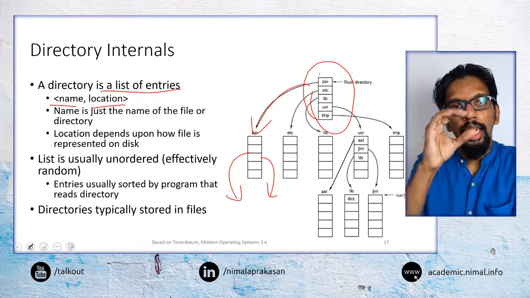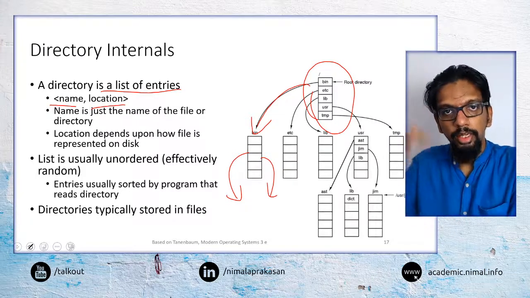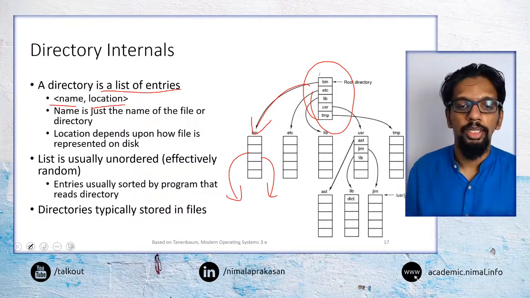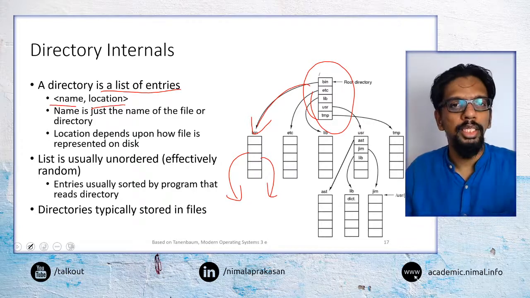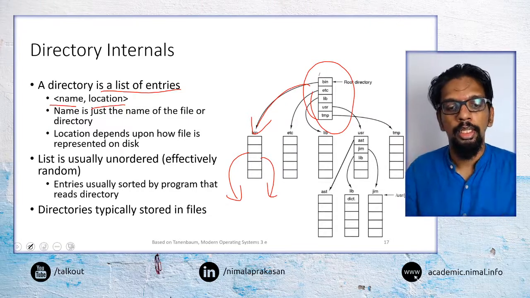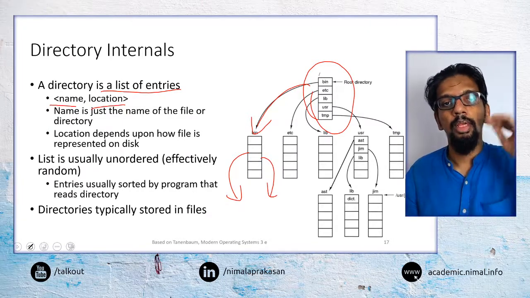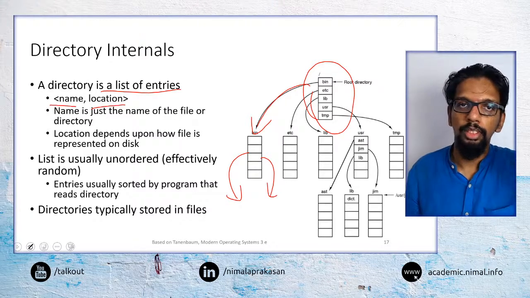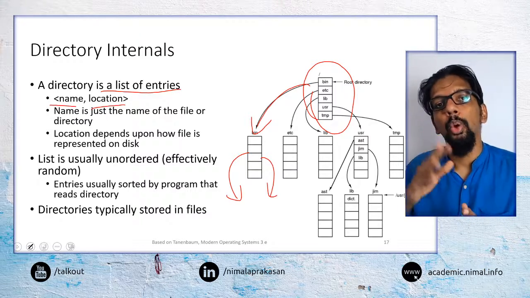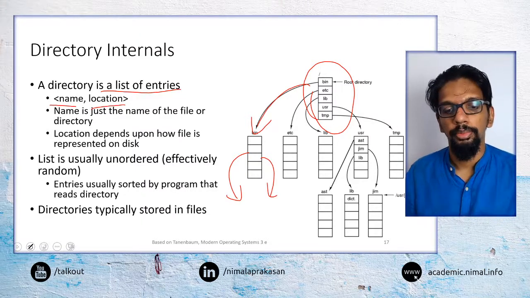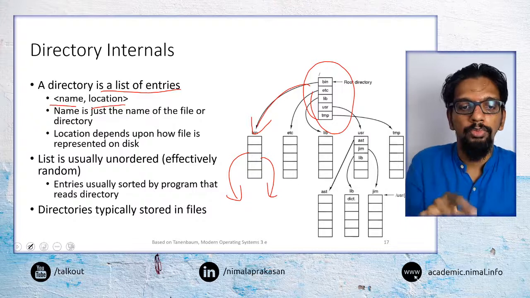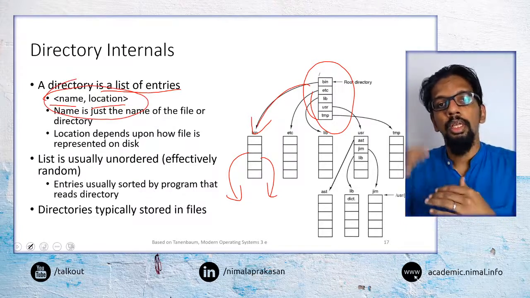So directories are internally going to be a list of entries identifying their contents and their locations. And the location can be organized in any manner. It can be based on blocks or various things. That is the underlying structure of the file system. But at a directory level, it is going to have this list of names and the locations of those entities. So that is the directory file, the file that is holding this pair of information as a list.